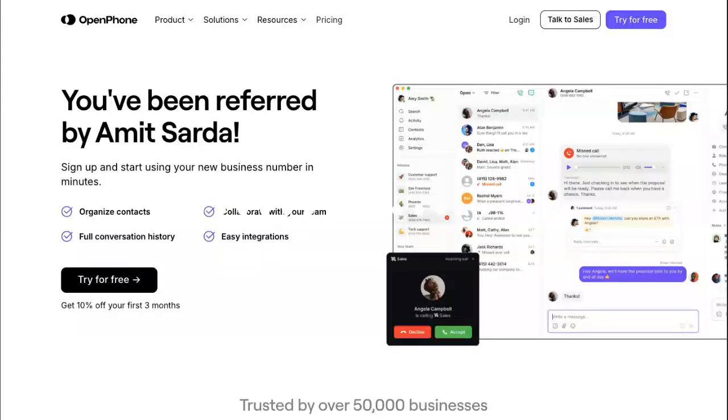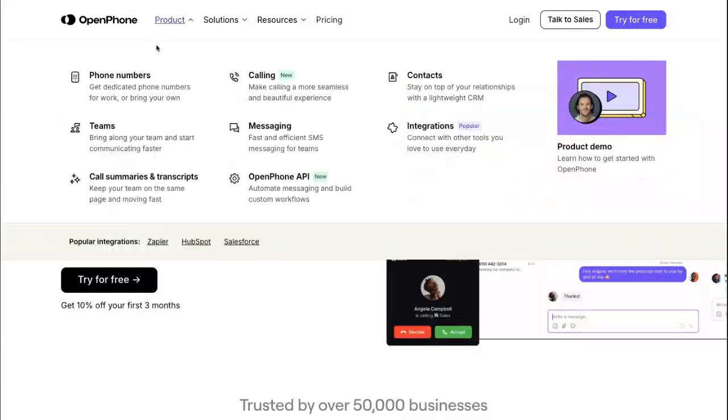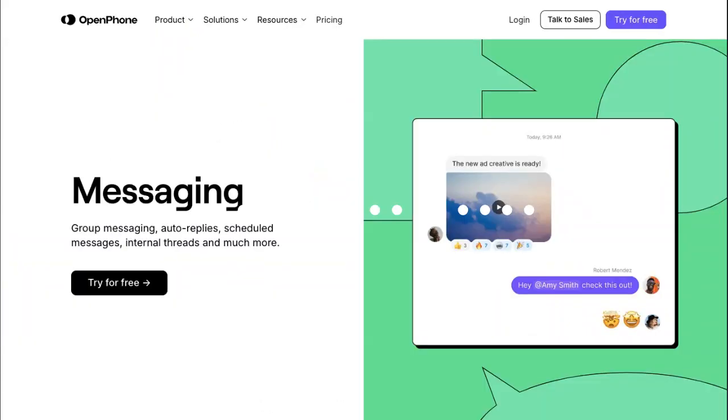Also, being able to port your existing numbers is another saving. So coming back to the original point, OpenPhone saving you different kinds of additional expenses is another advantage of using OpenPhone. Now, another advantage of OpenPhone is that you have a very consolidated view for sending and receiving messages,